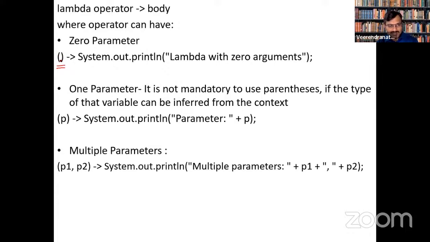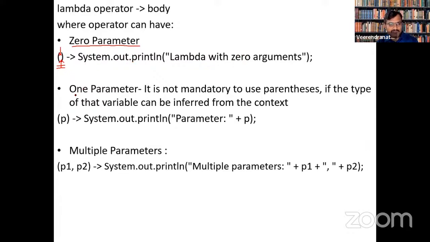Inside the parentheses you don't need to put anything as such. So that is where your zero parameter will come into the picture. And you can give an expression, like system.out.println. I have nothing to do with any of the parameters, so I will not have anything to put over here.